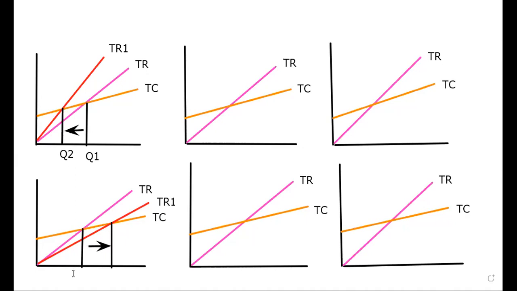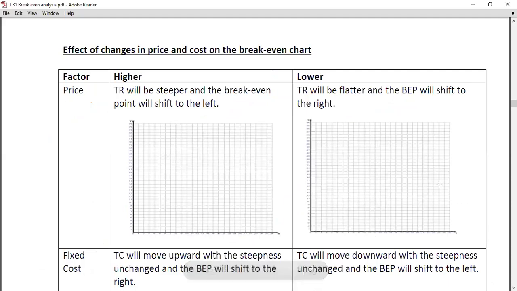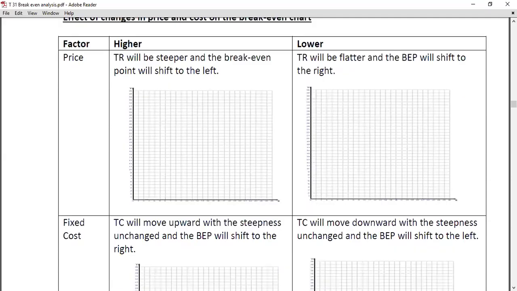So in the second chart you can draw, this is Q1, and it should go to the other side as Q2. Quantity here means the break-even point. So this is the situation of a sales price increase and a sales price decrease. Sales price increases, what happens? Break-even quantity will decrease. Sales price decreases, break-even quantity will increase. You can draw this in my handout, page number 5. Draw those two curves: selling price increase, what happens, and selling price decrease, what happens. Okay.